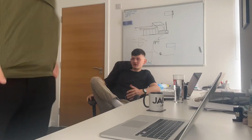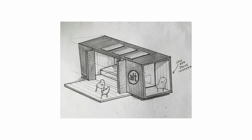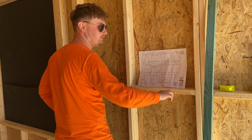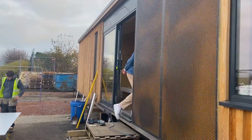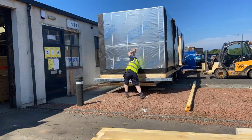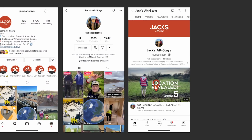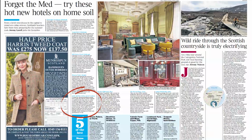Over the last 2 years, we've managed to decide we were going to start a business together, come up with a one-of-a-kind eco-cabin concept, had architects turn our rough sketches into actual plans to build from, fully built our prototype cabin, kicked off the build of the next 4, made 5 cabin build journey episodes on YouTube, grew our social following from 0 to over 10k, bagged our planning permission, secured the land for our first site, got national press